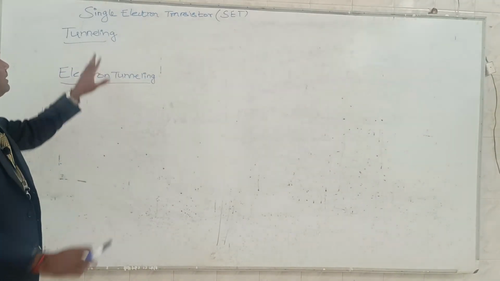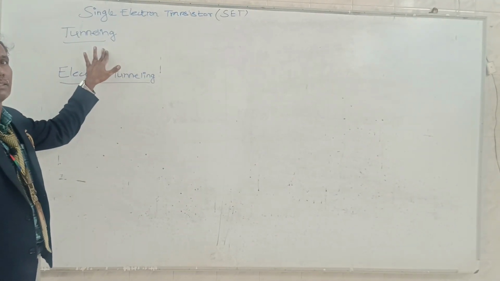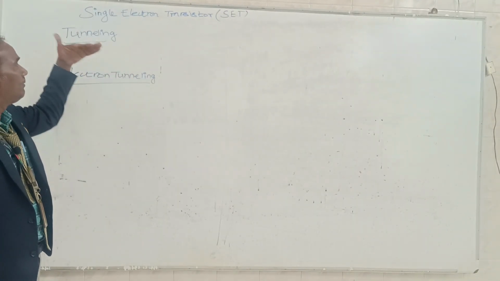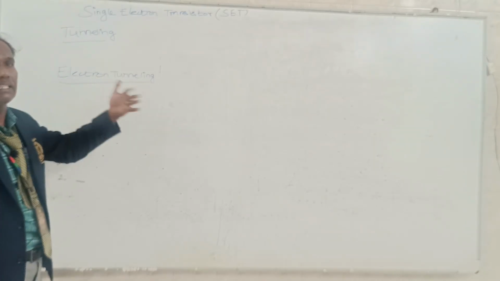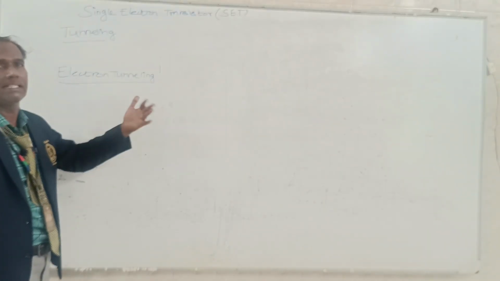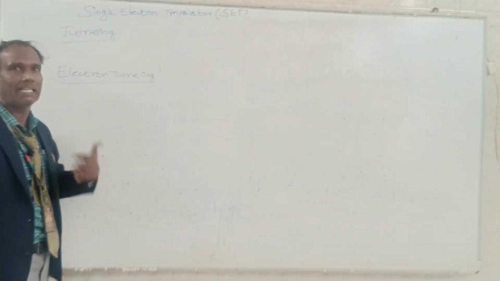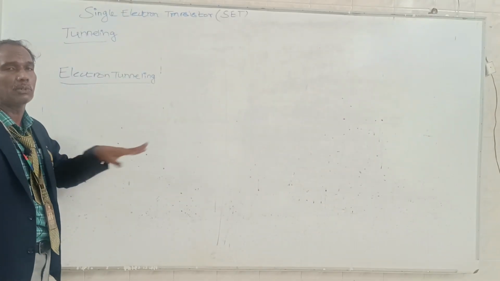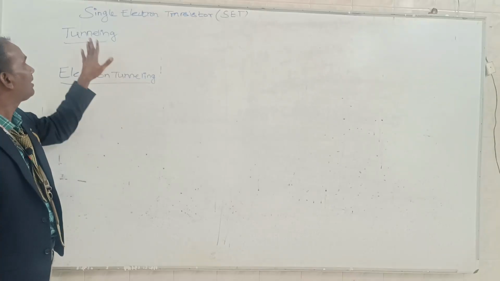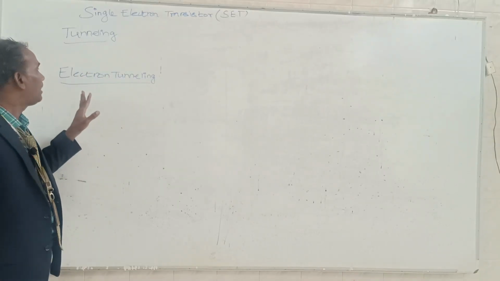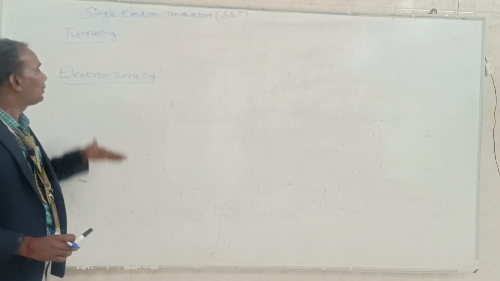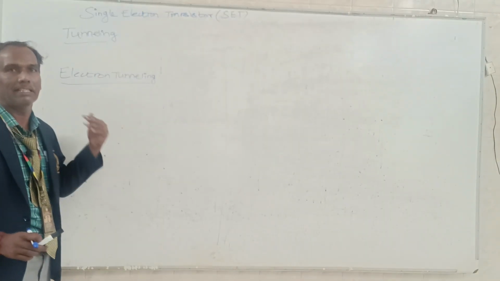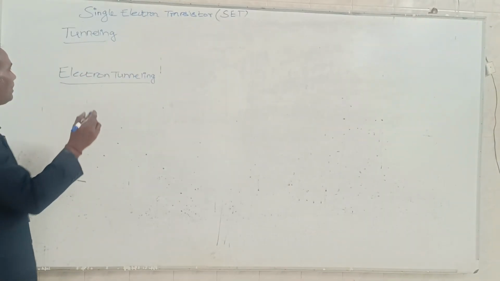As I mentioned earlier, tunneling means when a particle like an electron suddenly experiences an energy barrier in an electronic structure, the electron suddenly penetrates through the structure. So this is called what? Tunneling. Let's see the meaning of electron tunneling. In electron tunneling, there are two phenomena involved. The first one is